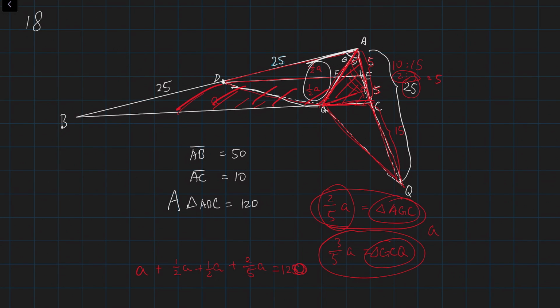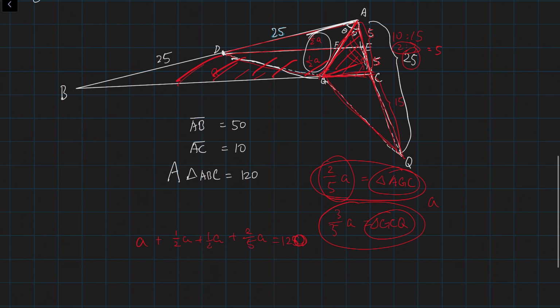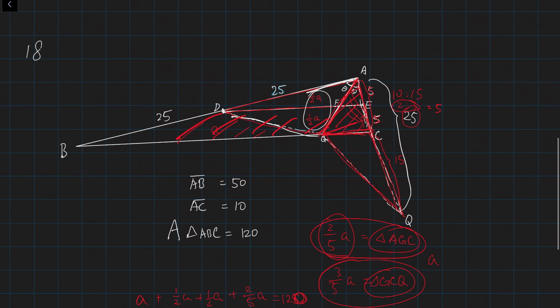So yeah, pretty simple. Not too much of a challenge if you are able to use this well, because this is fundamentally what allowed us to create the extra triangle right here and allowed us to solve the problem, because this means that these two triangles, ADG and AQG, are congruent. This is because they have one same angle, one same length, as well as another same length, which is AG. So yeah,